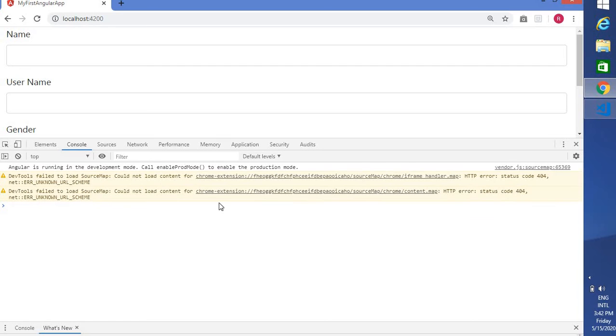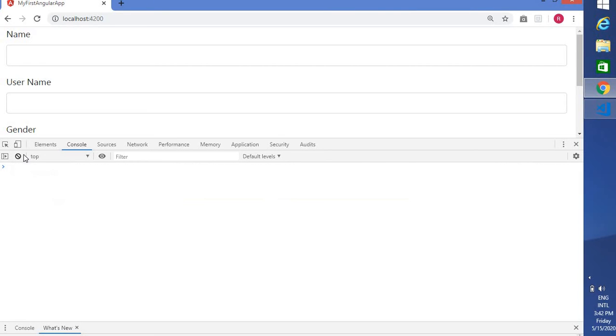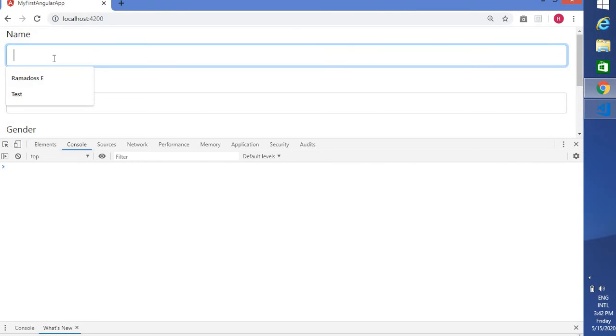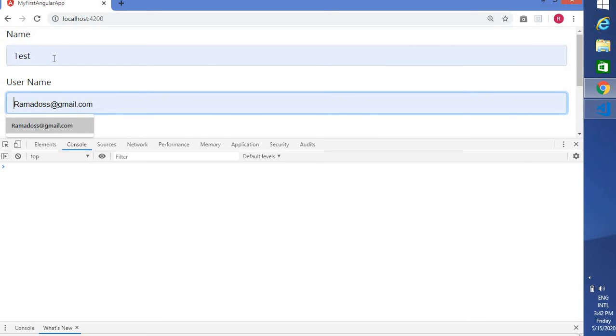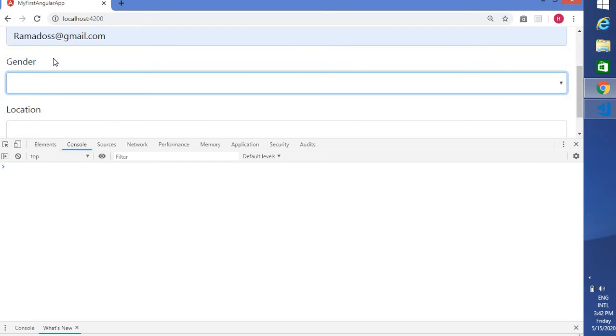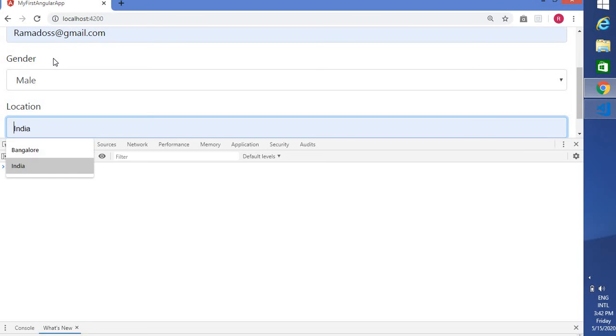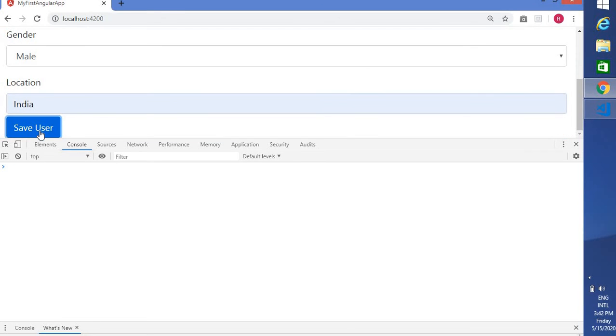Let me open the console. So what I'm going to do this time, I'm going to enter some data. I give a value for this one, and I'm going to save with this particular button. When I save it, you are able to see that the whole form is logged.